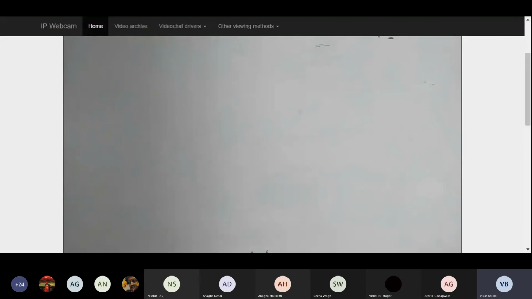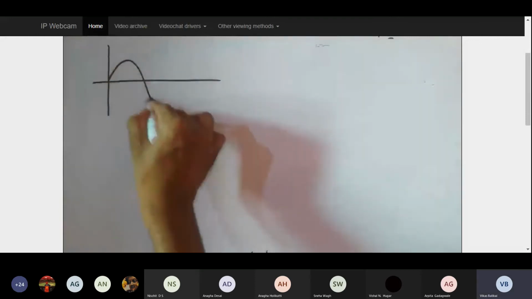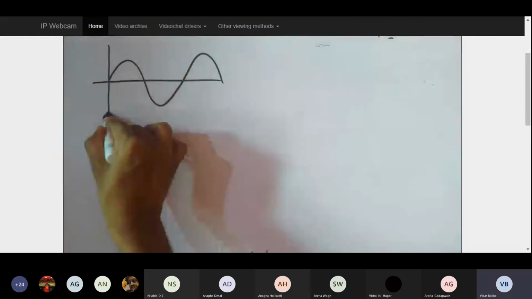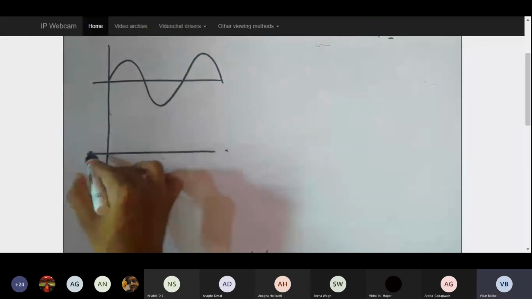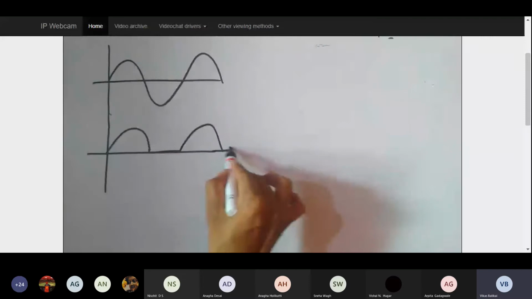So what I'm going to do now is start with one more application of this op amp, that is the small signal half wave rectifier. Now this is what you have already learned. The half wave rectifiers you already learned, and you know what the outcome looks like. Like if I just want to draw this input over here, my output will be something like this. Hence this will be easy for you to understand.